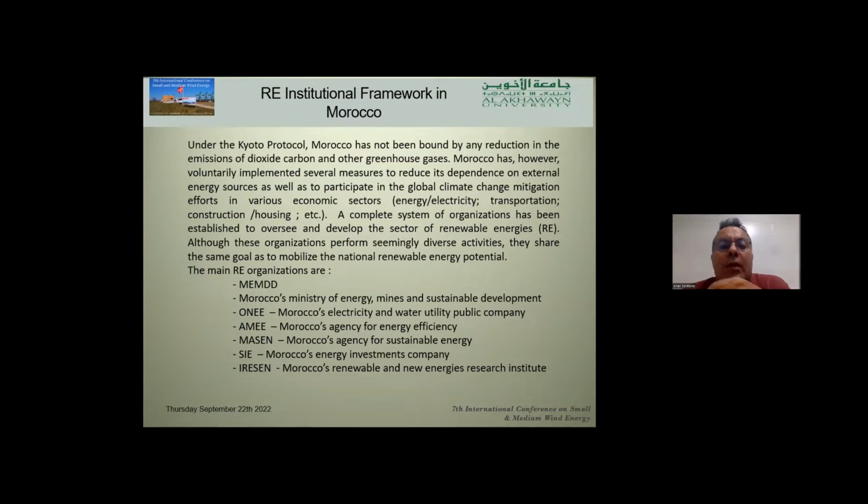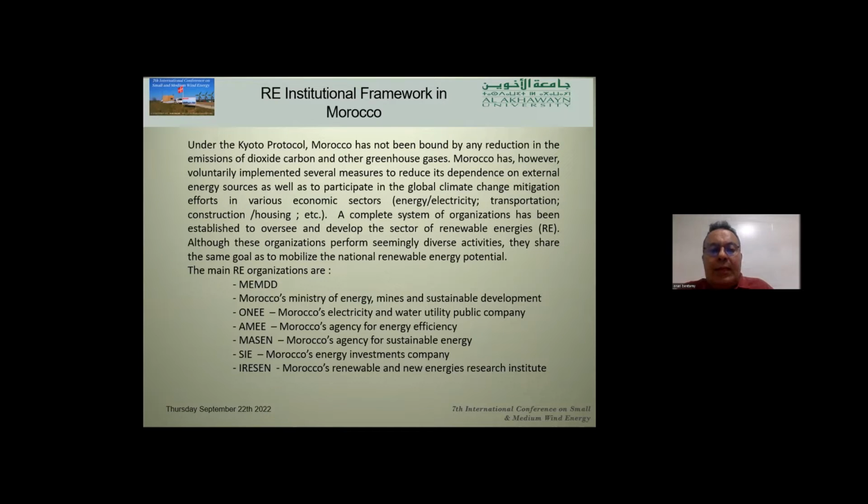Morocco is among the countries that put a lot of effort into reducing emissions of carbon dioxide, or greenhouse gases,